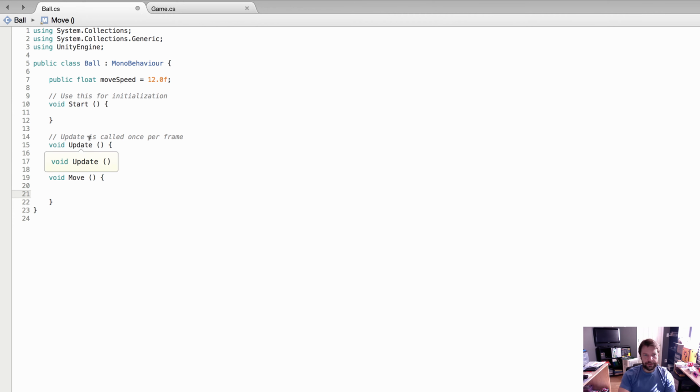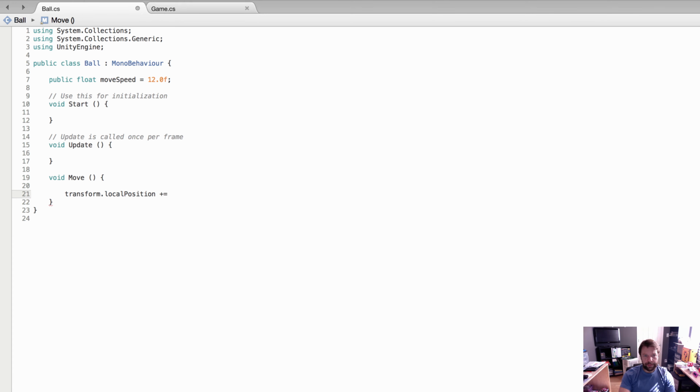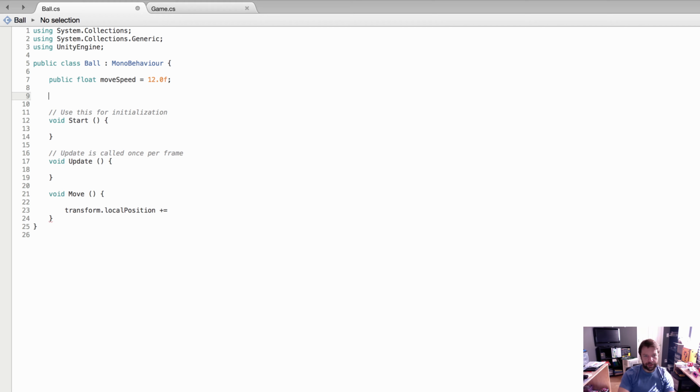And it's very simple. So we're just going to say transform. So we're going to get the transform of the object that the script is attached to. So that would be the actual ball itself. So we're going to set the local position, and we're going to increment it by our, we're going to need the move direction. Okay. So we need to tell the ball which direction it's going to move in, right? So we're going to create another variable, and we're going to make it public, and we're going to use a vector2, and we're going to call this one ball direction, and we're going to set that equal to